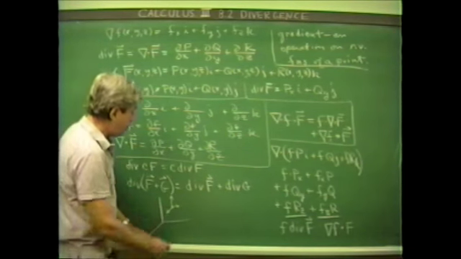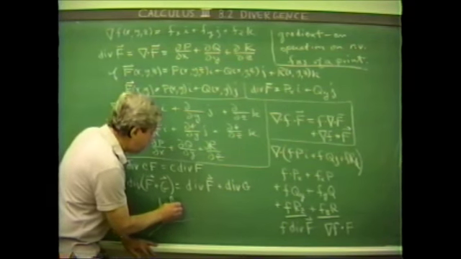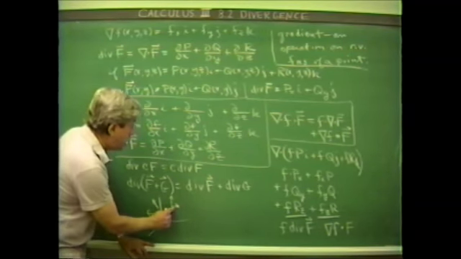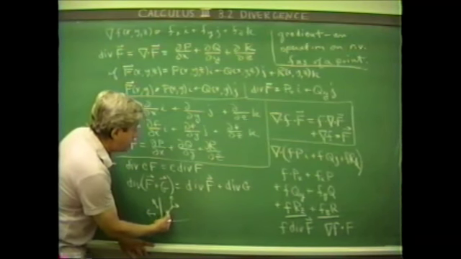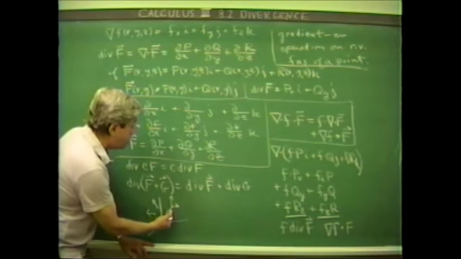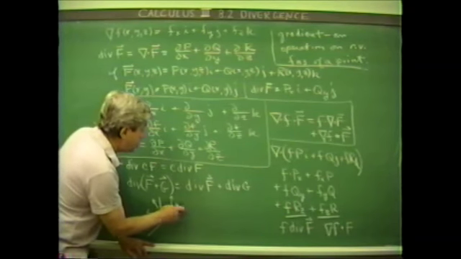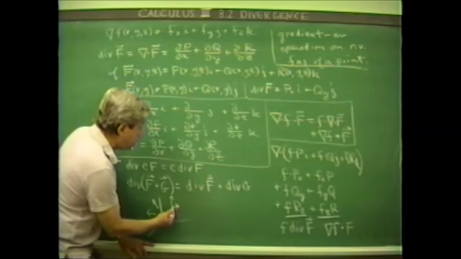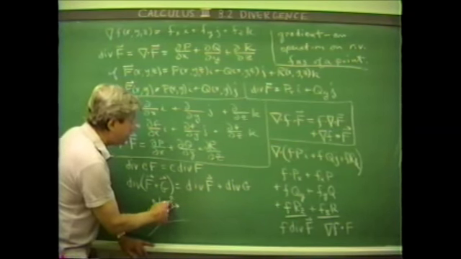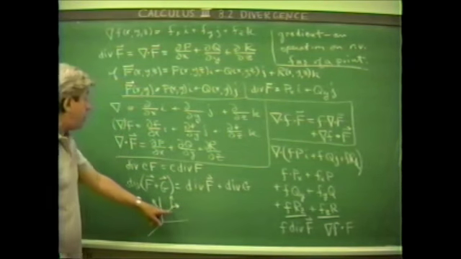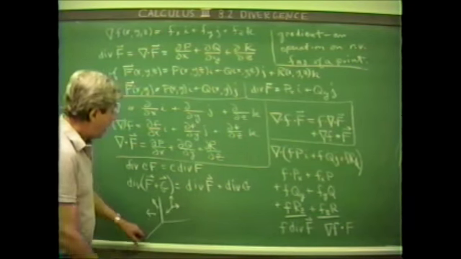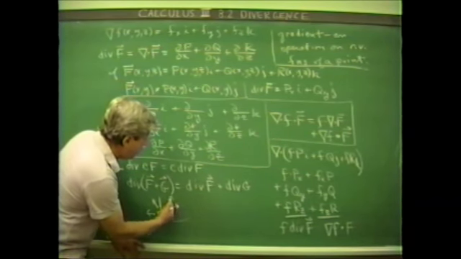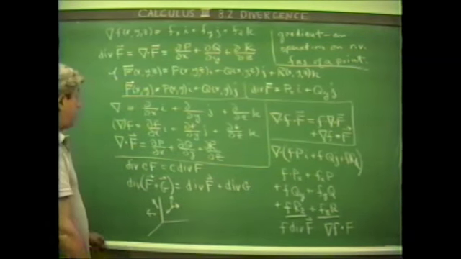If you think of this as some sort of a velocity vector for fluids, that's to say at each point you have a fluid flowing in a particular direction, then if there's a positive net effect from these three partial derivatives, it indicates that there's a positive quantity being created, so to speak, or pouring into that point. It's actually leaving the point. There's a velocity to this fluid leaving the point. If you end up with something negative, for example, when you add the increase in this direction to the increase in the other two directions, you end up with something negative,